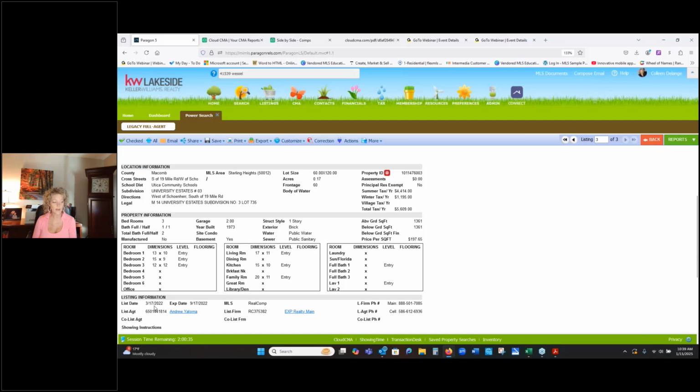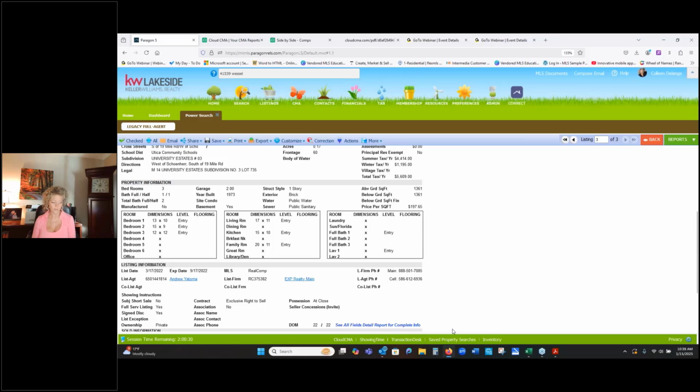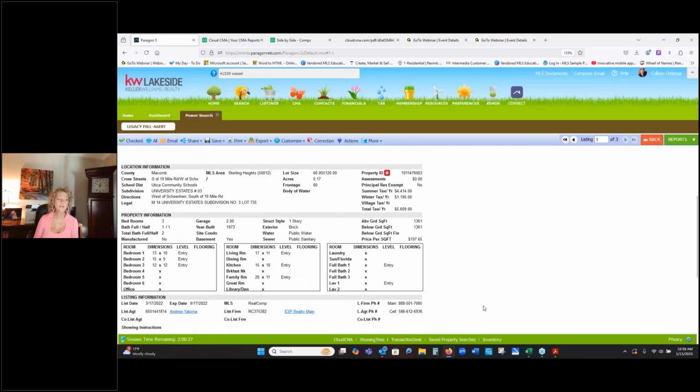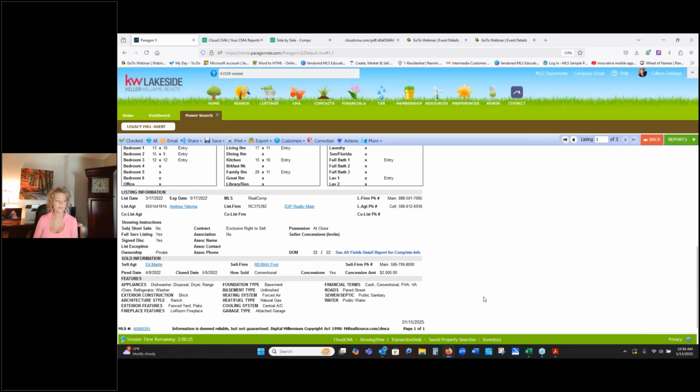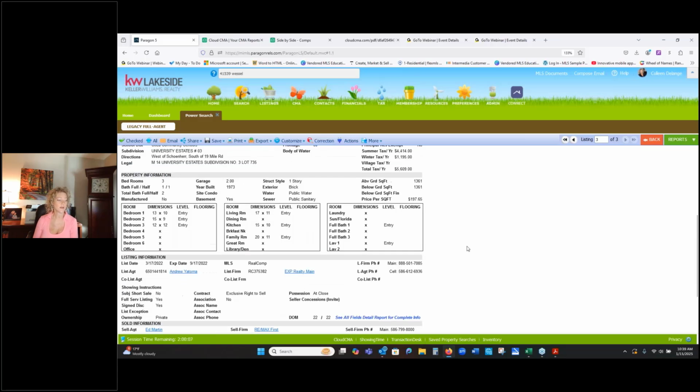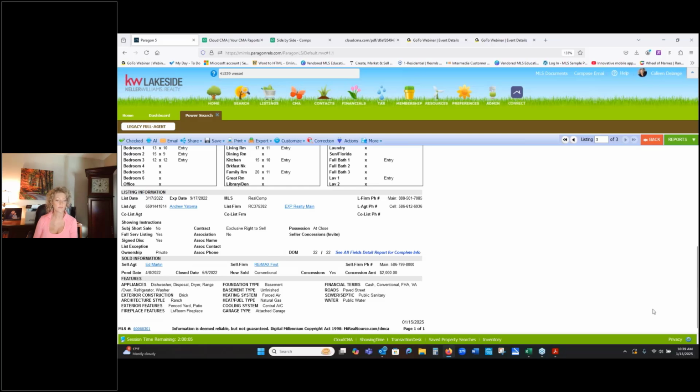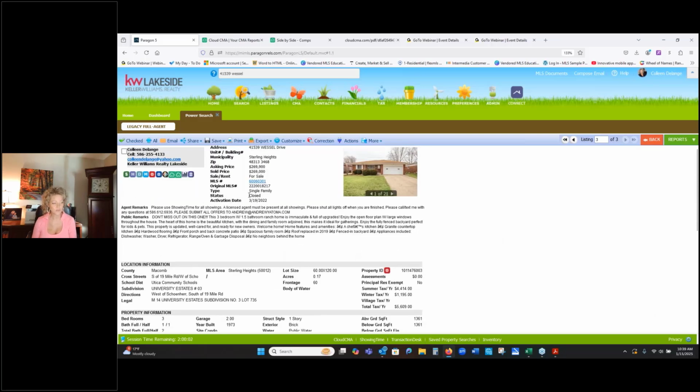It was listed on 3/17. I see that you purchased it on blah, blah, blah date. You bought it for X amount of money. I like to show all of that right in. And by the way, every closed ticket will have if there's concessions. So the concession amount here, how it was purchased. As you can see, it was purchased conventional with $2,000 concessions here. It closed on 5/6. I like to have all that information right here. I didn't even know Ed Martin had that listed. That is a coincidence. Okay, so long story short, I like to save this and put it into my CMA,